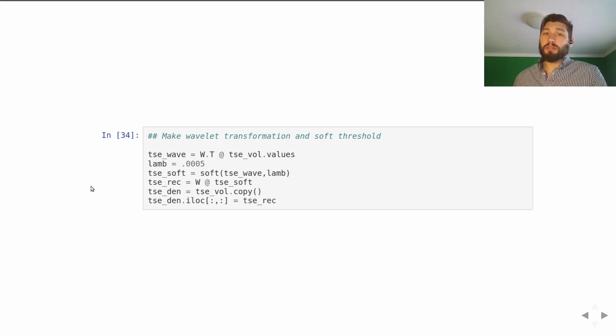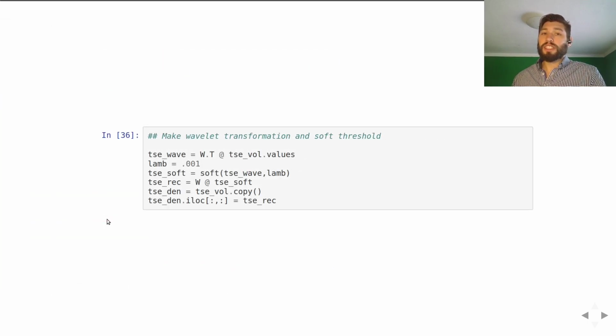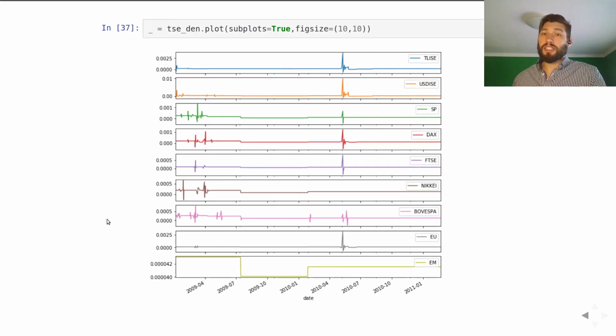If we set lambda equal to 5 times that, so 0.0005, then we get these longer regions of constant values, and that's what our wavelet thresholding is supposed to do, give you these long constant regions, and then if there are spikes, it'll pick out those spikes. So in terms of a denoiser, this seems to be doing pretty well. And this is at lambda equals 0.0005. So if we multiply that by 2 and get 0.001, do the same thing,